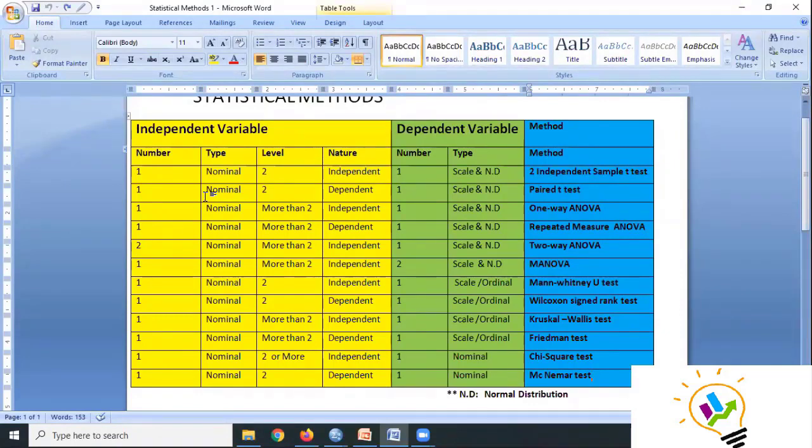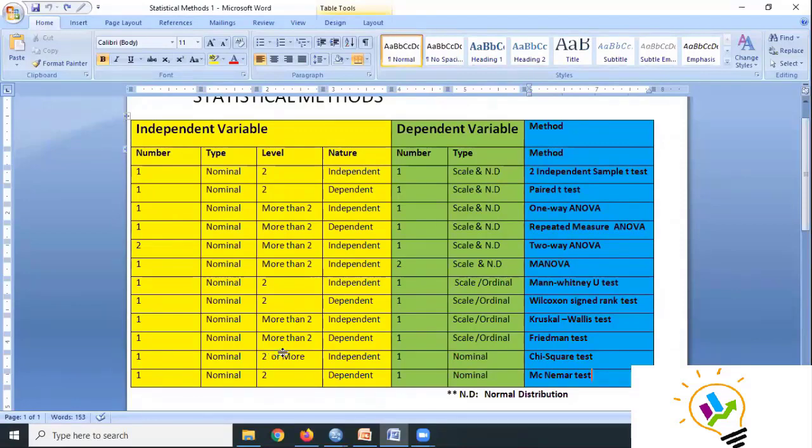So the dependent can be changing, but the independent is always nominal only. So the combination of tests depends on the dependent variable basically and the number of values it is having. When you come to the independent, you must see the levels here. Exactly 2 levels or more than 2 levels, these things should be taken care of.